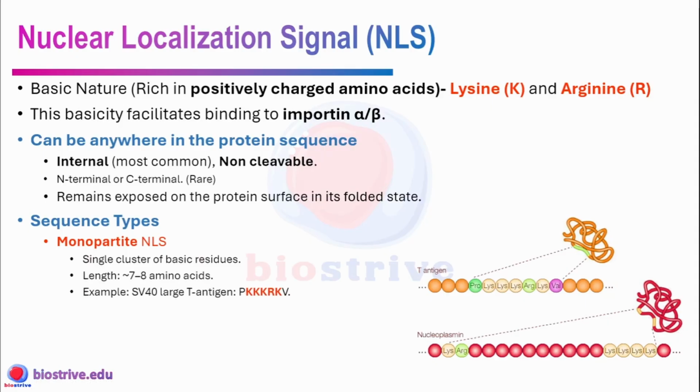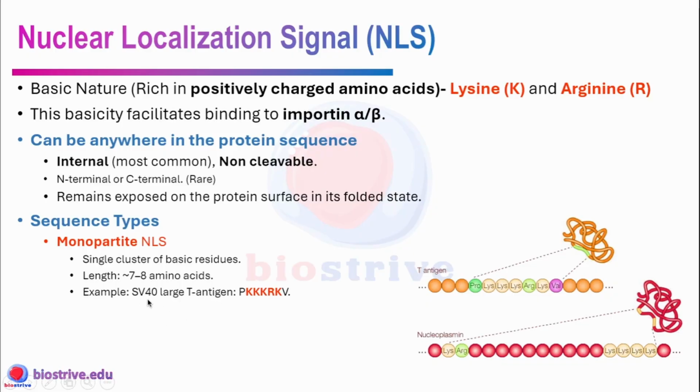What is the difference between these two? Look at this T antigen. T antigen is a monopartite sequence, meaning it is a repeat of lysine and arginine. You can see right here, lysine, lysine, lysine, arginine and lysine. This is only one patch or one single strand of this sequence. This is a monopartite sequence. This is a single 7 to 8 amino acid sequence, and the most common example is T